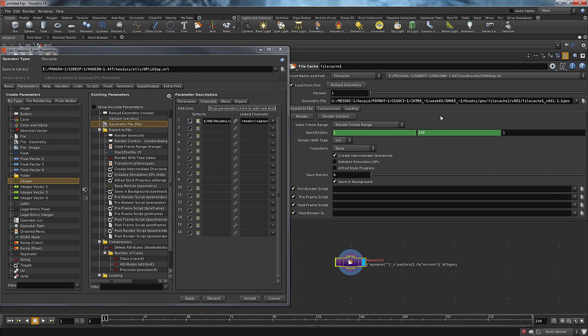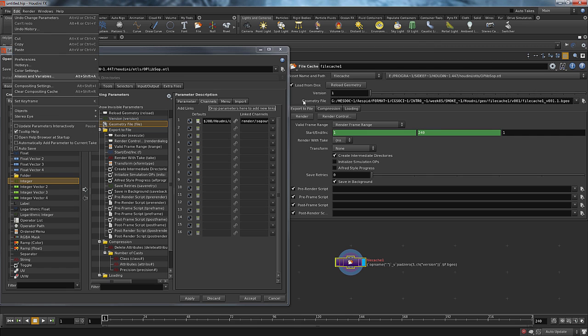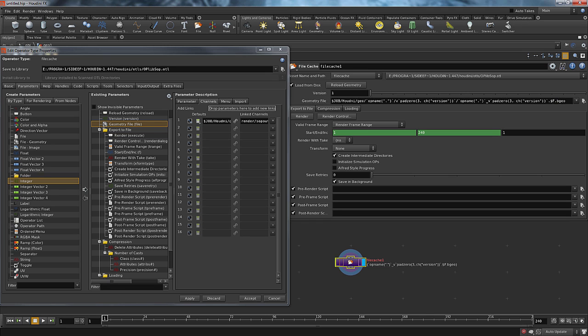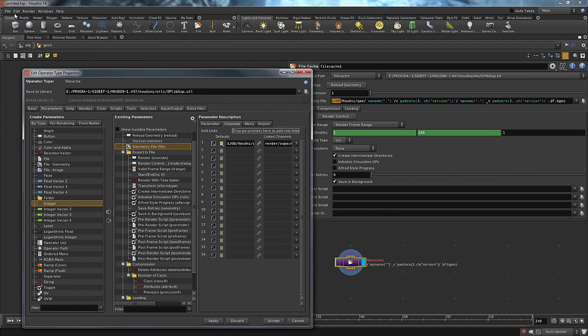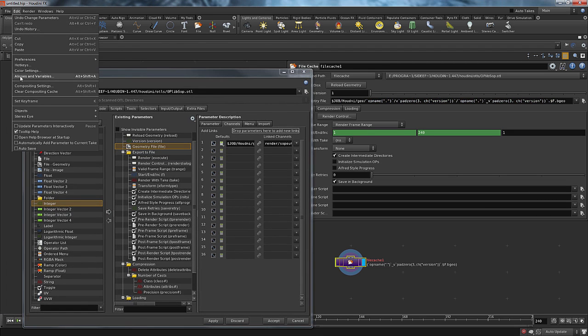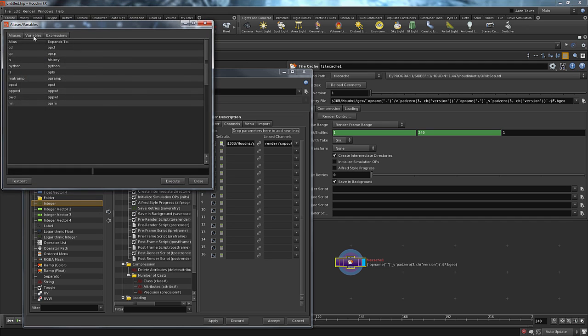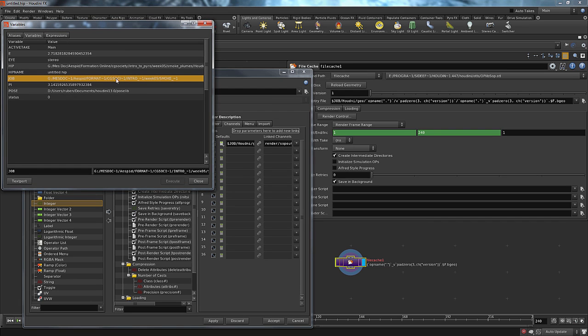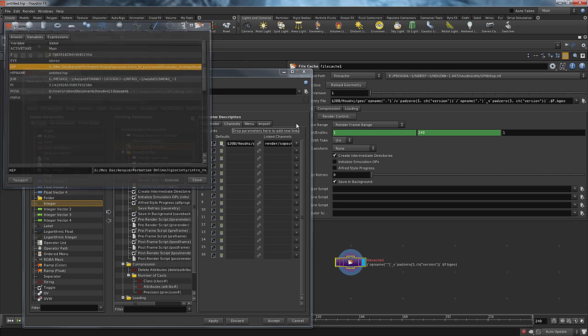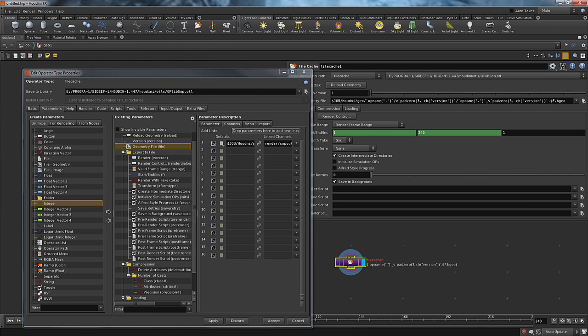So if I move the mouse, you can see I have that weird window shortcuts. Okay, so that doesn't really matter, but basically it brings me to my job folder. So that job folder is being set here on the aliases and variables. If I click on the variables, I can see job, and I have a folder set. Same for hip, I have another folder set in there. So basically $JOB, usually what I define it to,